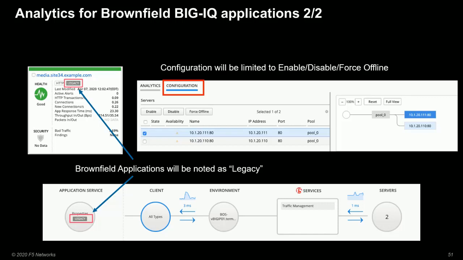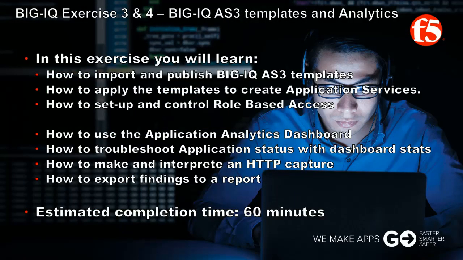This concludes the theoretical part of the BIG-IQ training. We are now going to show you the overview of exercises 3 and 4. So we are going to do some hands-on lab exercises, and in these exercises you will import and publish BIG-IQ AS3 templates on a BIG-IP. You will apply the templates and you will set up role-based access profiles. You will also use application analytics, find out how the HTTP capture works and how you can export certain findings